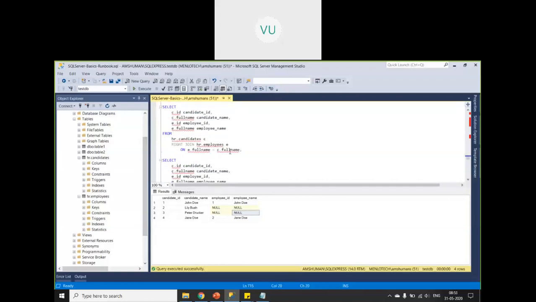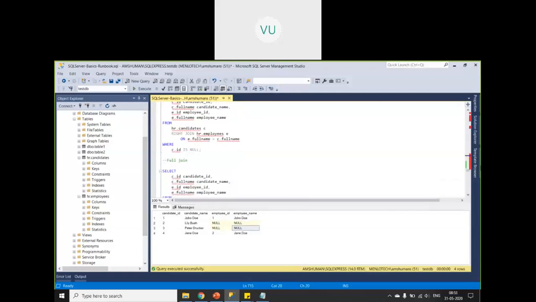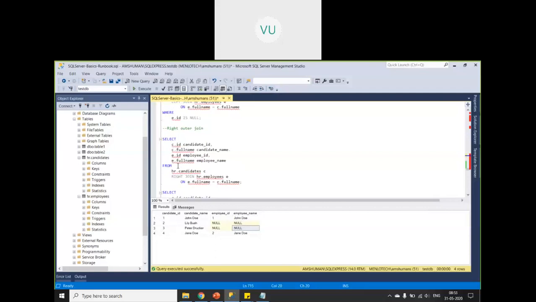So let's run this. You can also apply conditions. Let us first run the first query, the right outer join.